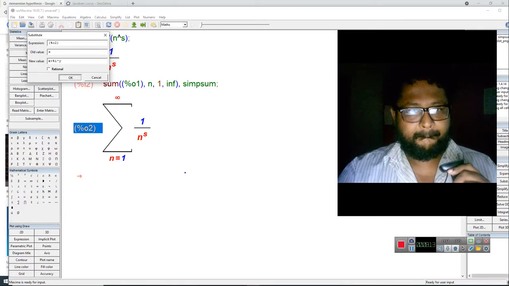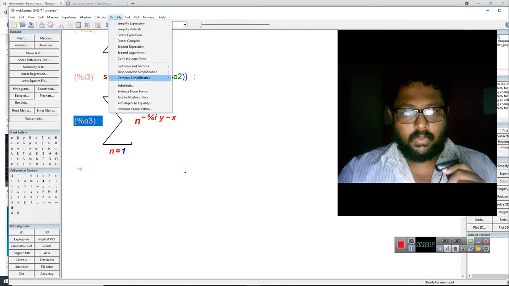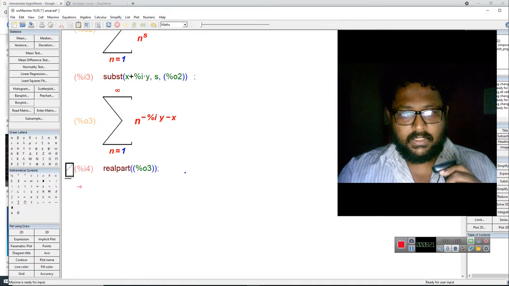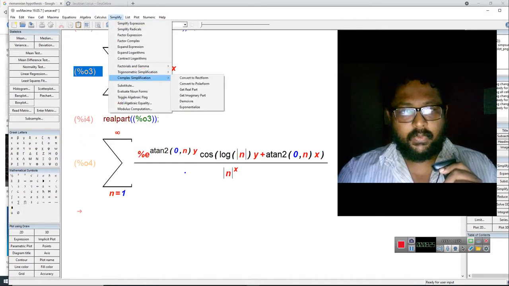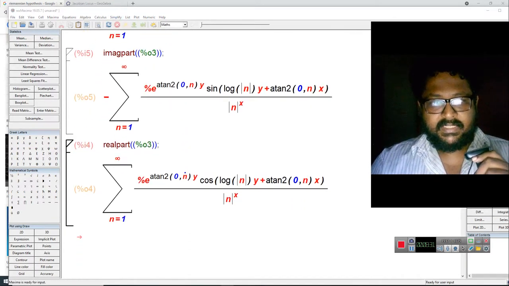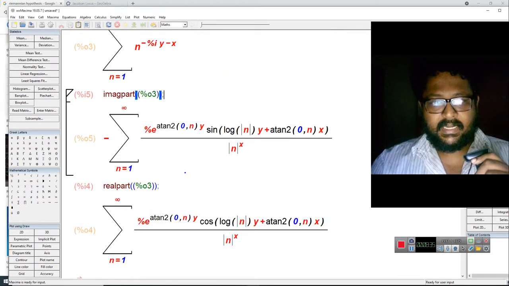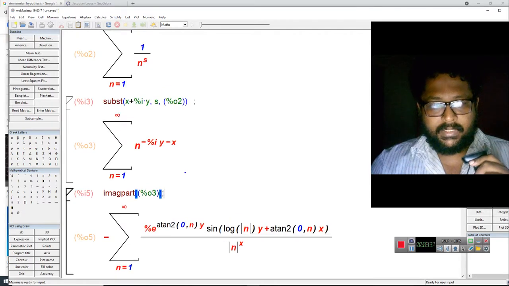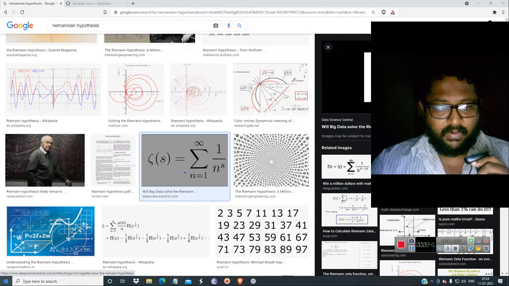Now you have to separate this into real part and imaginary part. Why I am doing this is, without understanding the complex variable, you cannot get the million dollars or anything. So now you have this, the imaginary part and real part of the function. Then how should I proceed? What you have to do is understand the graph of this function.